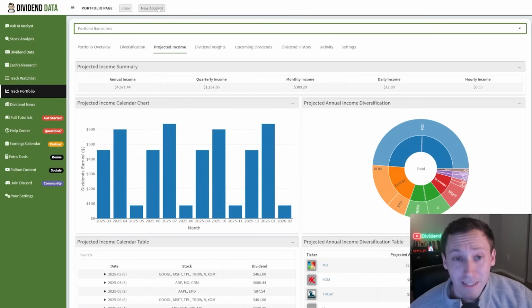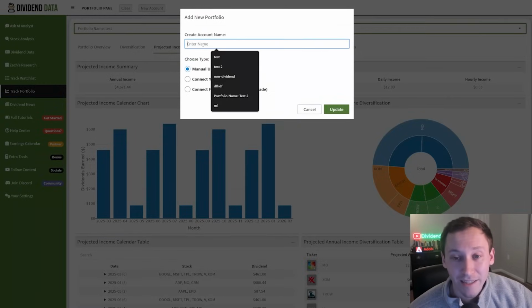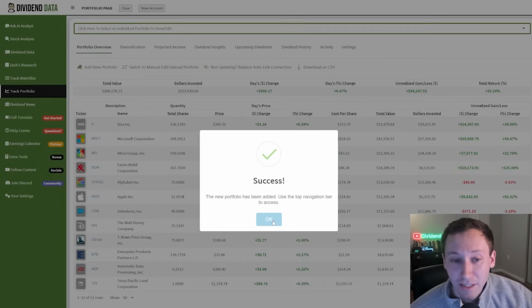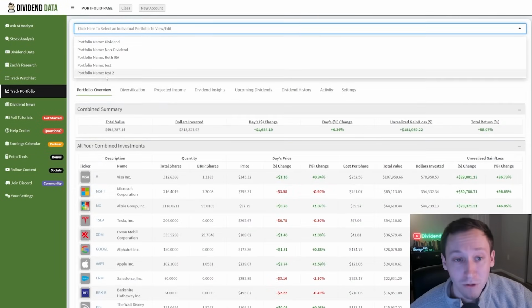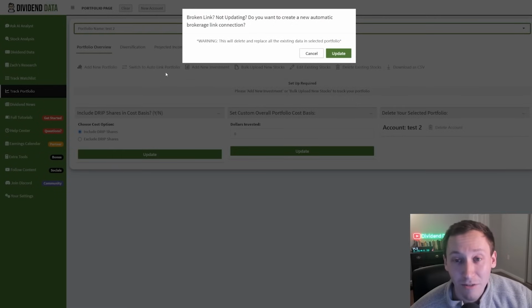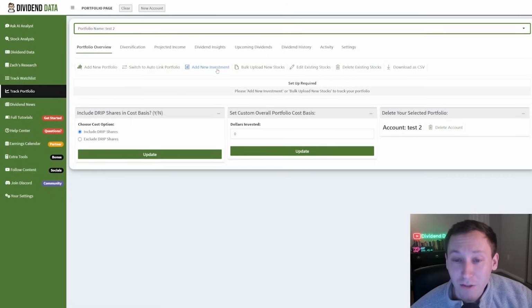But as an example, let's say you wanted to add another manual portfolio. We'll call that one Test 2. You can see here we add a new portfolio. You scroll over, you open up the account, and then you can edit that specific account. You have your action bar with the various buttons that you can use to edit and add different stocks. You can also switch that account to an auto portfolio. But really the 2 buttons you need to know here for starting out is Add New Investment and then Bulk